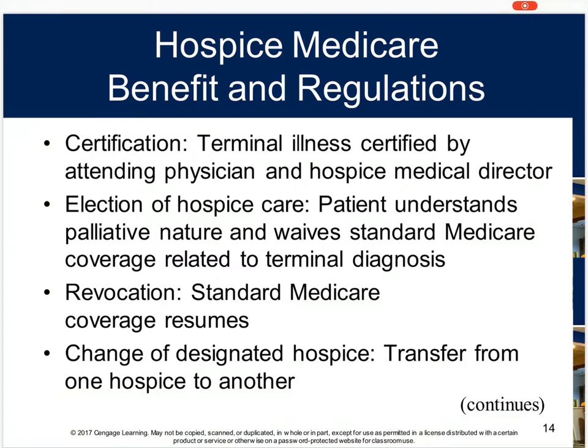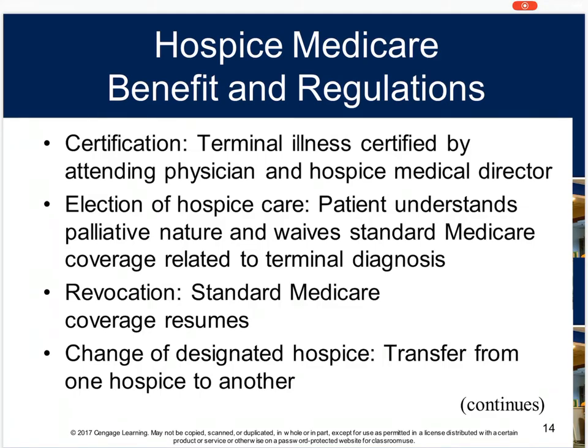Okay? You have an initial 90-day period, then there is a subsequent 90-day period, and then you're followed up by an unlimited number of 60-day periods. Okay? Now, patients can revoke or leave hospice care and return at a later time with no risk to their Medicare coverage. Patients must continue to be eligible for hospice care at the beginning of each new period. And we'll talk about this as we keep going.